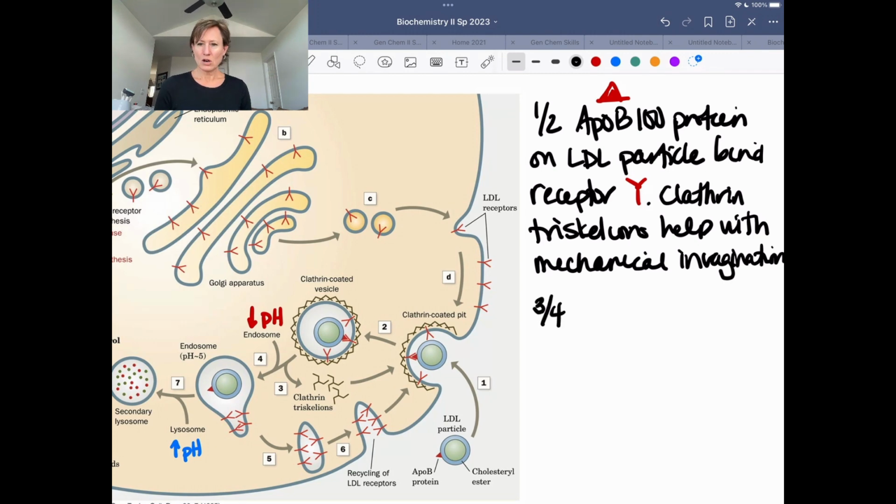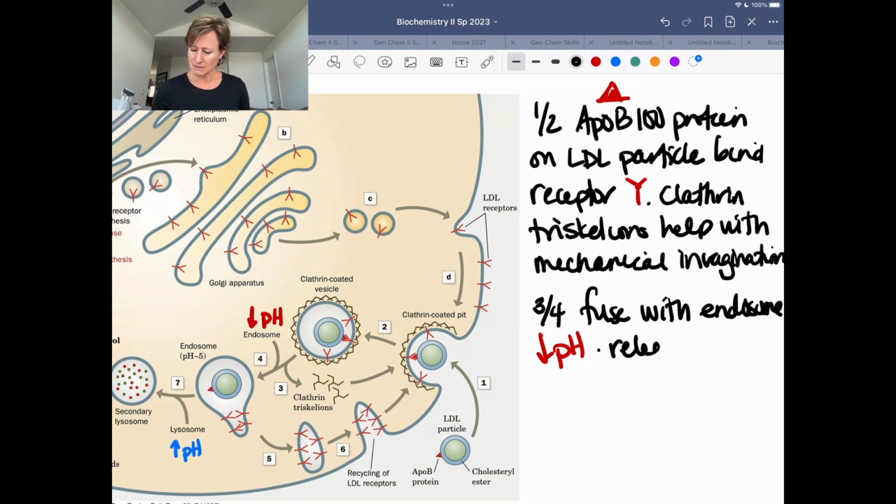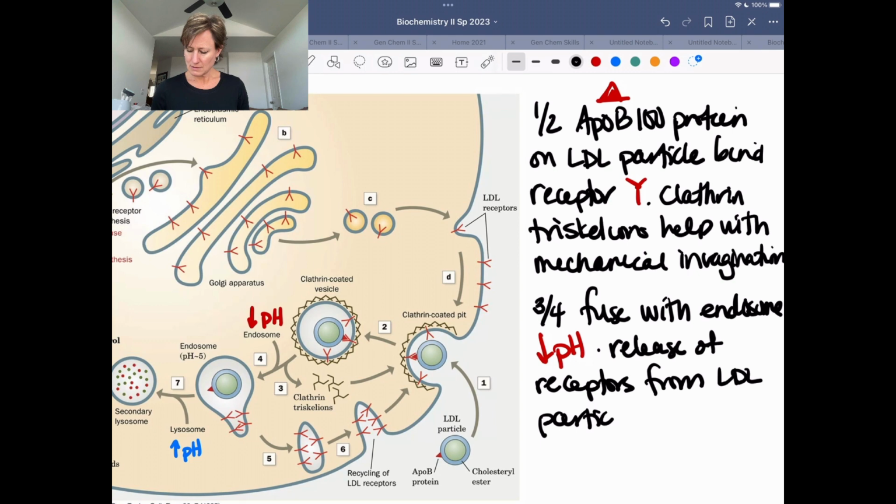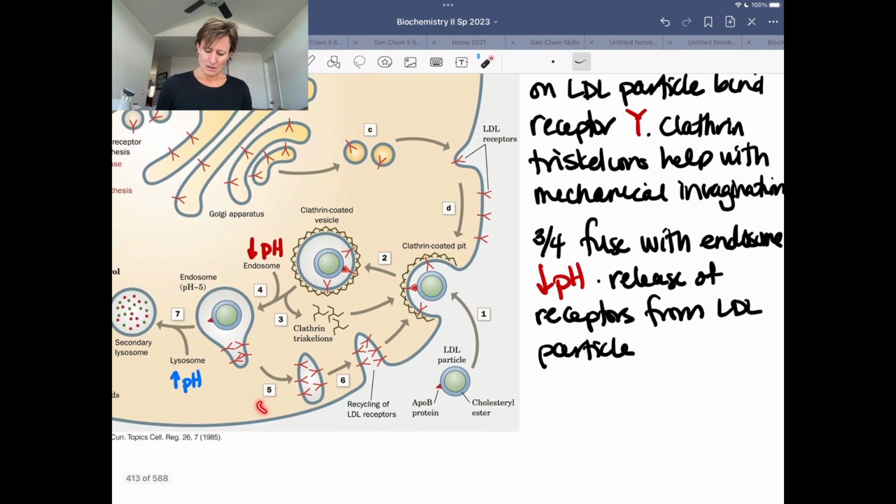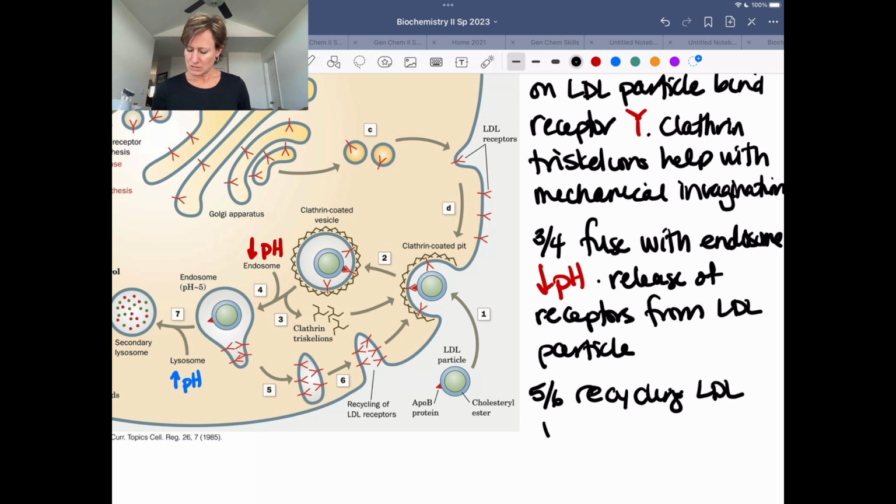So steps 3 and 4 are going to fuse with our endosome. That endosome having a more acidic pH is going to facilitate the release of our receptors from the LDL particles. Okay, and then we have a bifurcation of this pathway where two different things happen. Steps 5 and 6 highlight the recycling of the receptors to the surface. So we're going to have recycling of LDL receptors